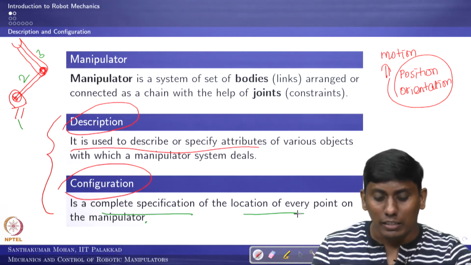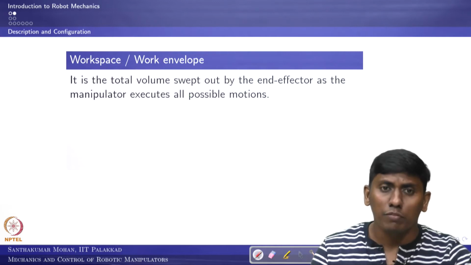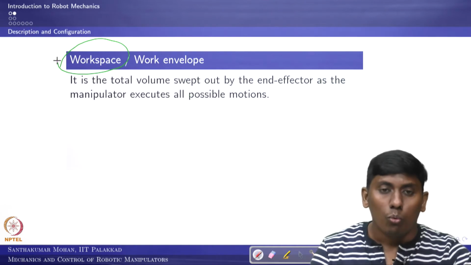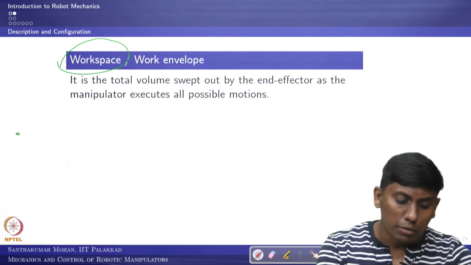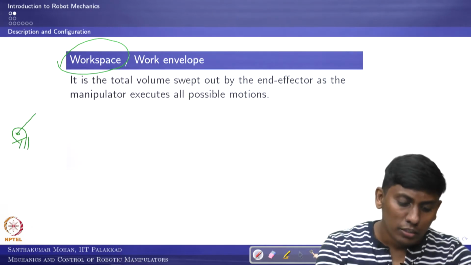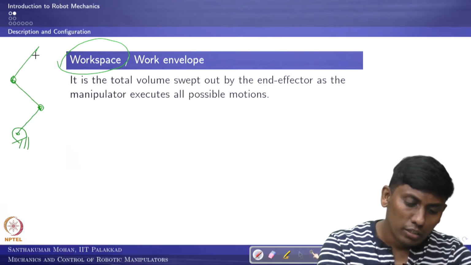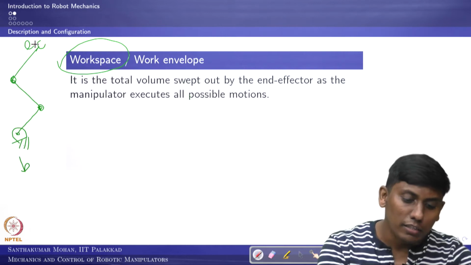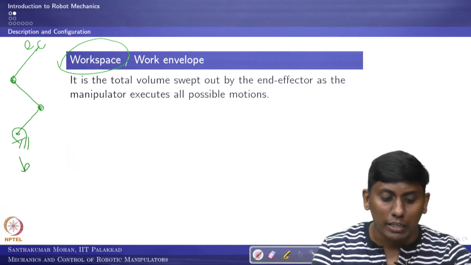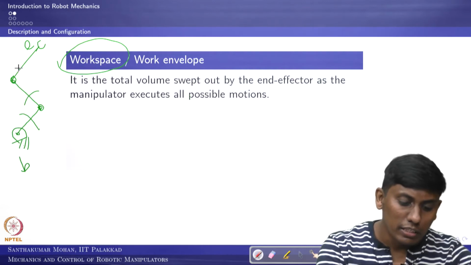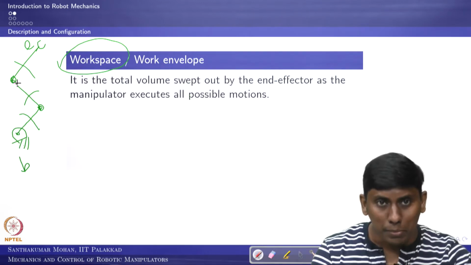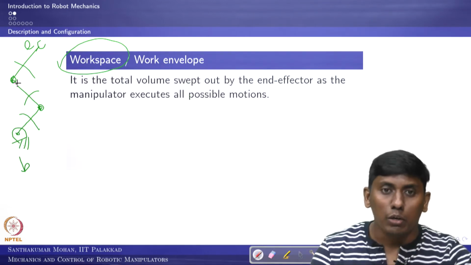Now we will see further. We are going to introduce a keyword called workspace or work envelope. What does that mean? We are talking about a robot, that is, a manipulator. Assume this is a serial chain manipulator, and this is the end and this is the base. How much can this end effector cover? By rotating these three links, how much area can it cover? That is what we call workspace. If it is a 3D case, it gives a work envelope or work volume. This is what we simply call workspace.